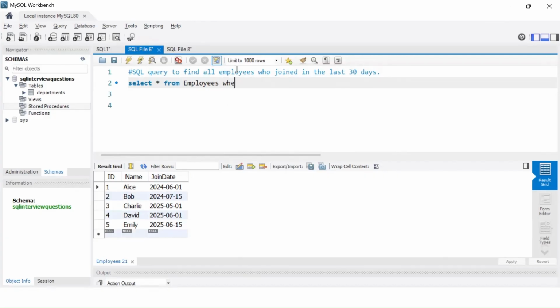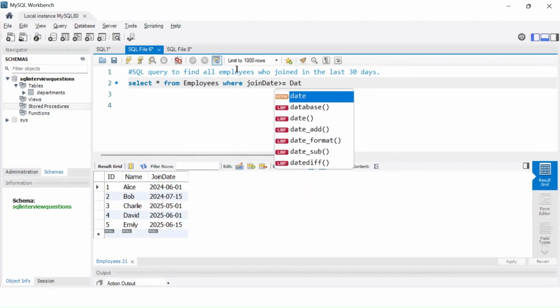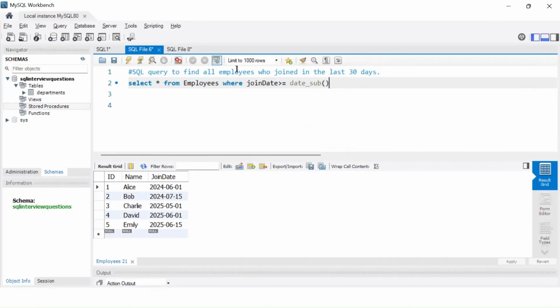So I'm going to write where join_date, and I'm going to make use of this function now, greater than equals to date sub. Just like date sub, we also have date add, if you want to add to the dates. Here we are going to subtract from the dates.